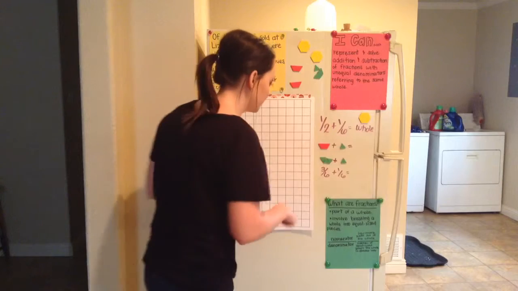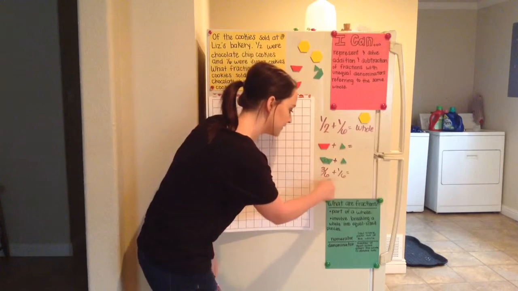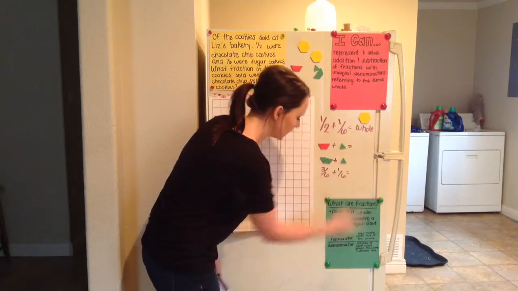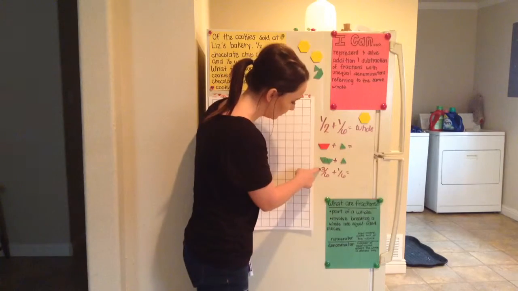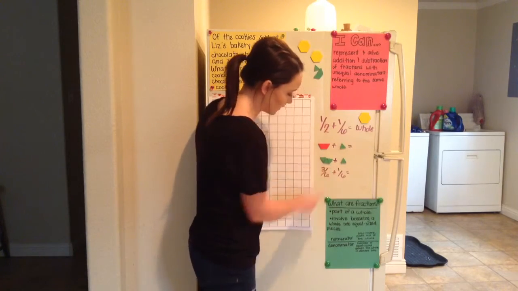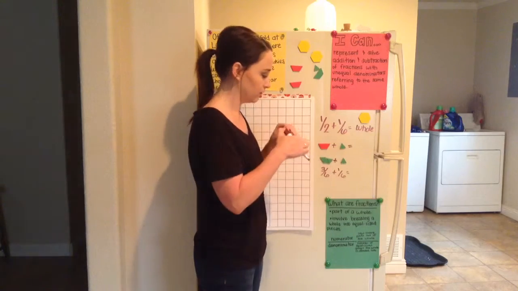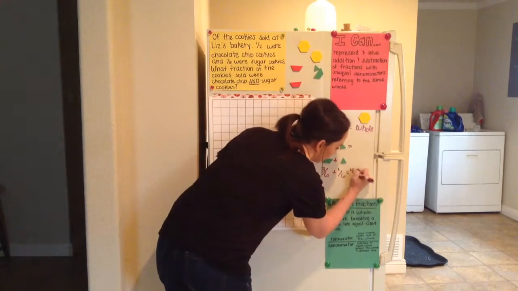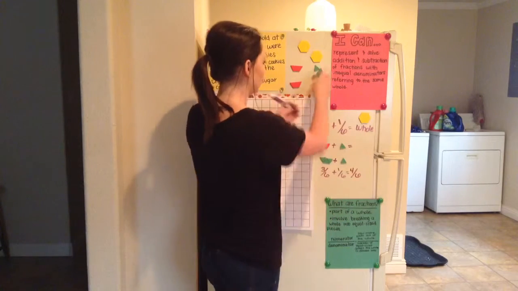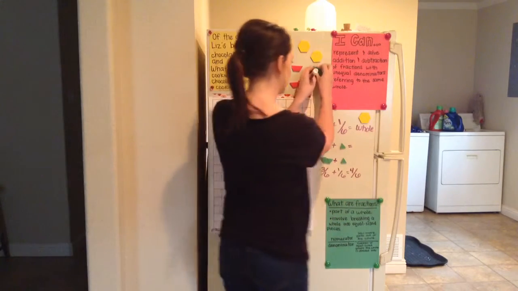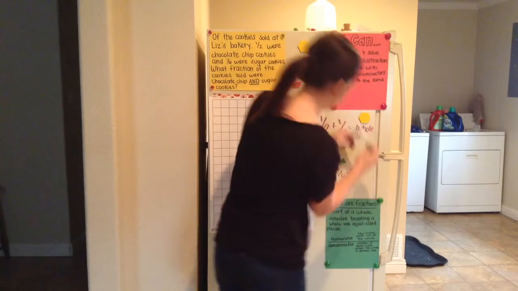Alright, so back to our problem down here. Now that we have the same denominator, we know that we can add them so much easier now. So we have 3 and we have 1. So let's add those. 3 plus 1, we get 4. So we're keeping our same denominator. And to represent it also with our tiles,